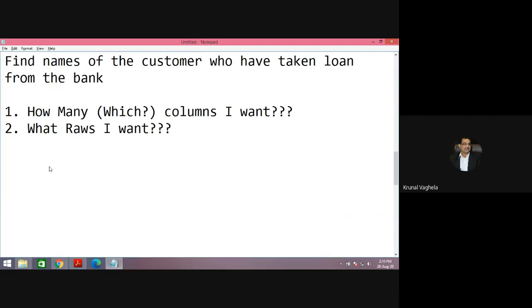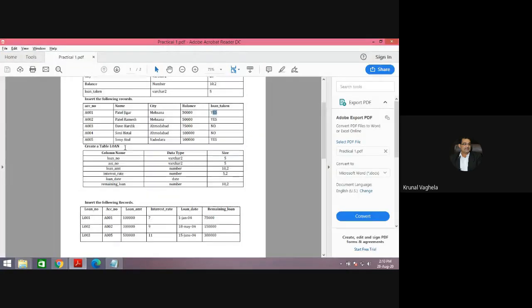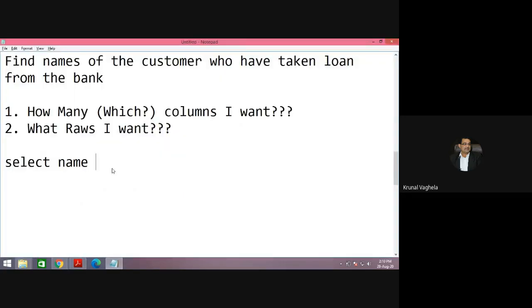So I will write select name. The name of the column is name. From, the table name is account.